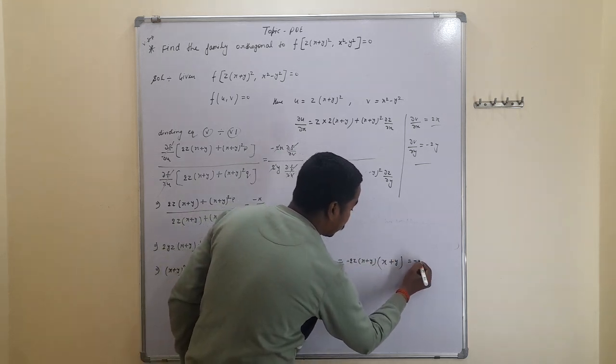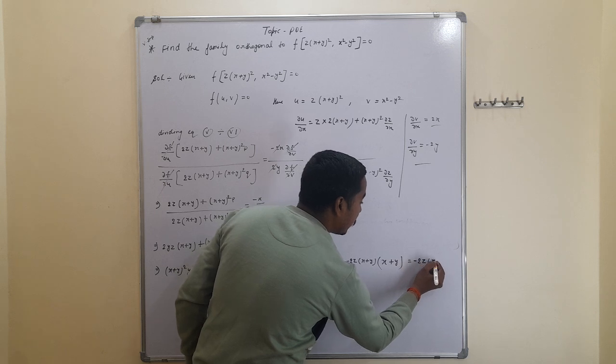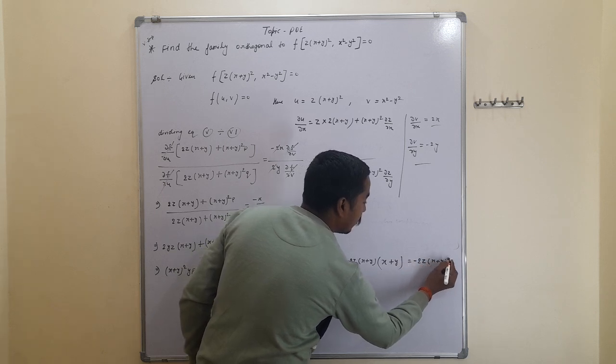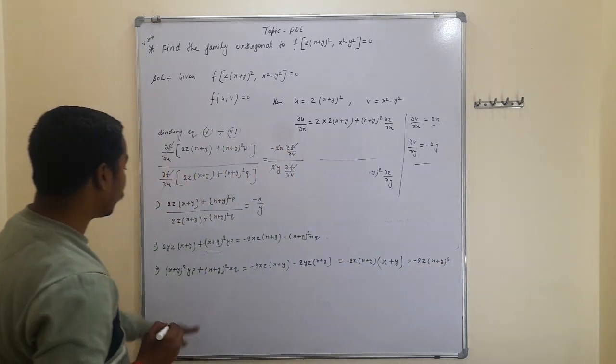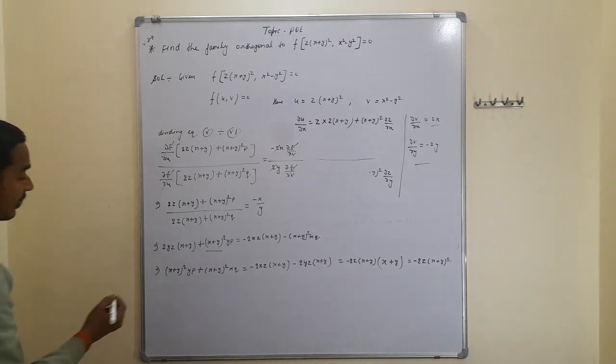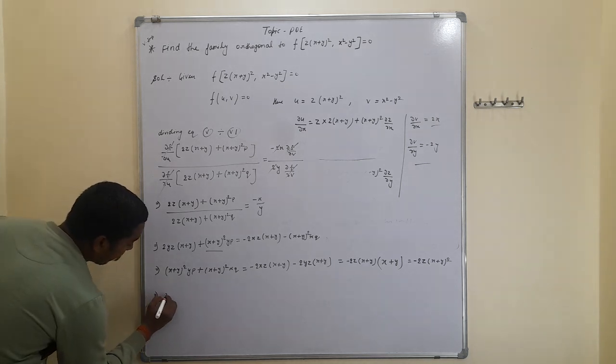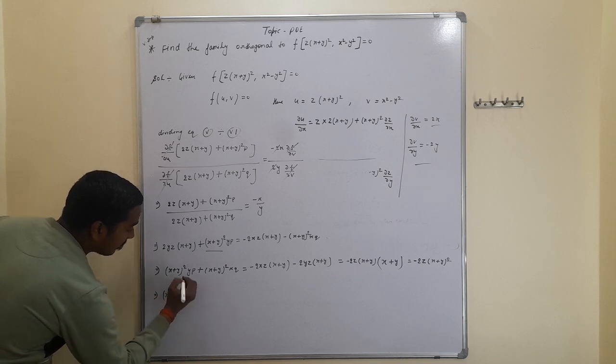This is written as minus 2z (x plus y) whole square, and from the left hand side we take (x plus y) whole square common, and in the bracket is present